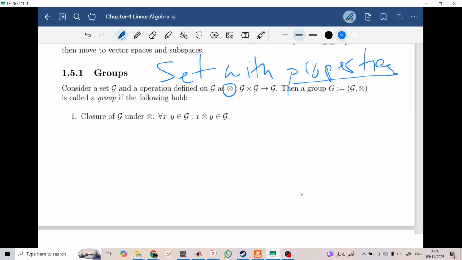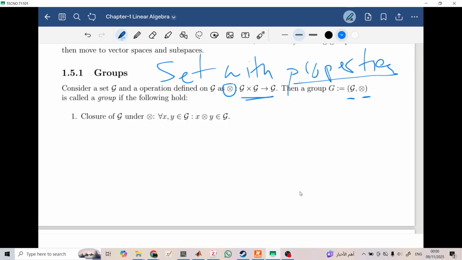And this operation takes two inputs from the same set, G, this is called a calligraphic G, and gives a single output in the same set. Okay, so a group is the set and the corresponding operation on it. So if we want to call this pair a group,